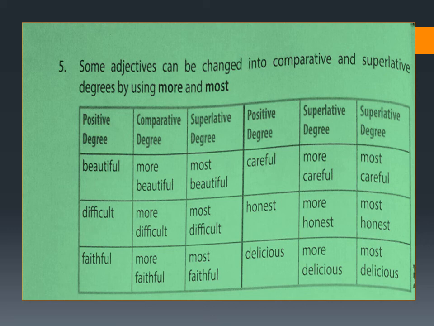So did you all understand, children? Positive degree is the adjective which is actually in use. You make it to a comparative degree by adding er to the positive degree adjective. And to make it into a superlative degree, we need to add est to the positive form of adjective. There are few rules to be followed when they are converted to er and est forms, children. We'll learn them now.